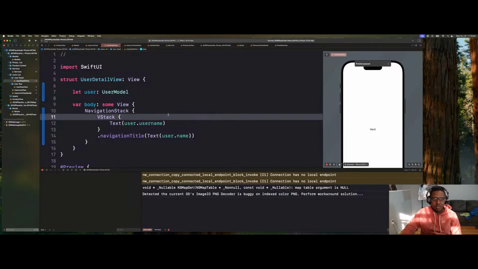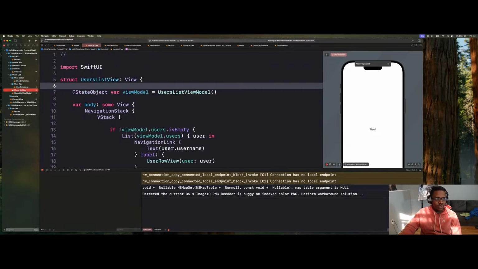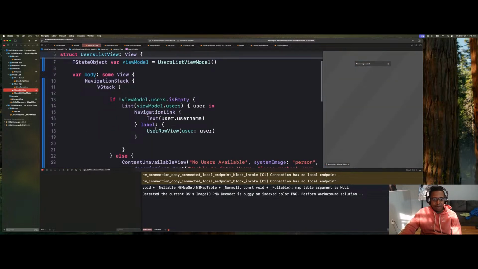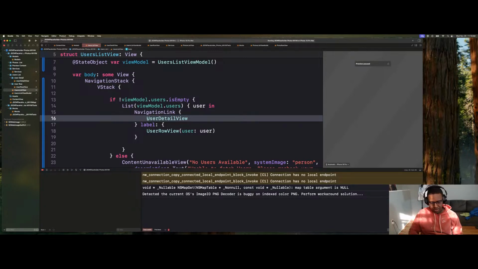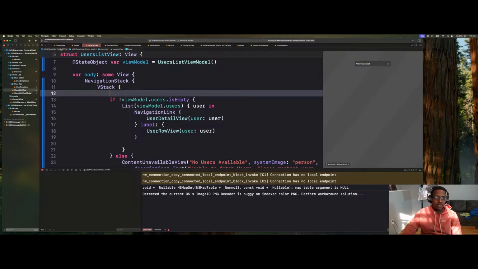Oh, we're not using the user detail view. So we have to actually jump over to user list view. And then inside our navigation link, use user detail view, pass in user here. And then if we run this again,